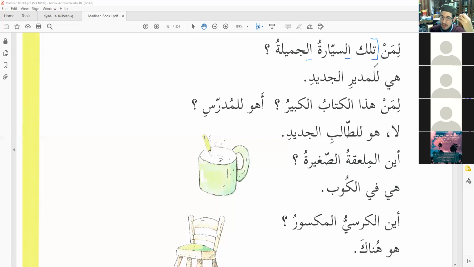Our question now is what follows tilka, is that information about tilka, as in we're saying an is statement, is this, is that? Or is it the self same noun that tilka is referring to? And the answer is the latter. Okay, alhamdulillah, that makes sense. So really this is not about this is a car, this is about whose car. That's what it's about.